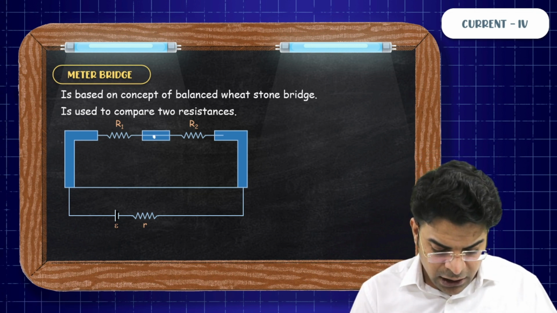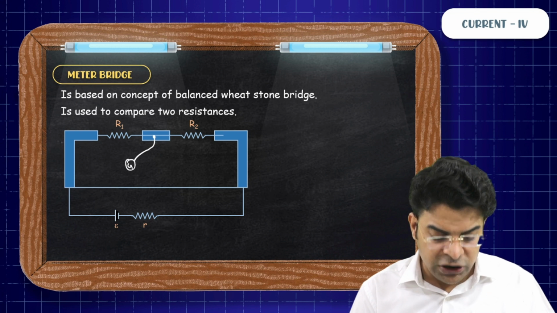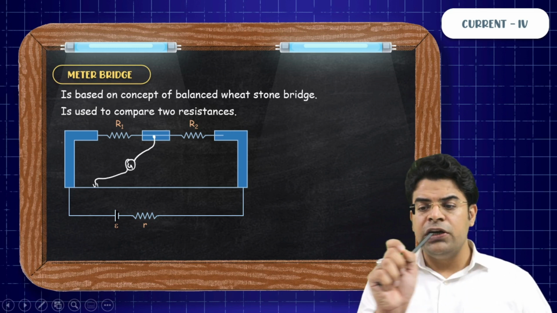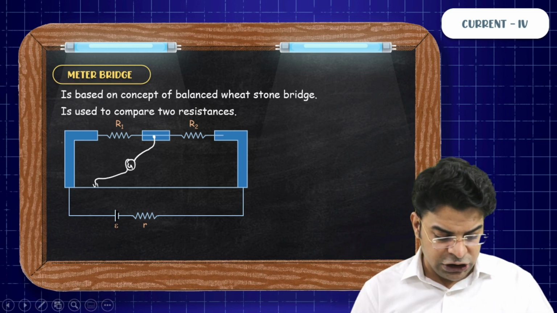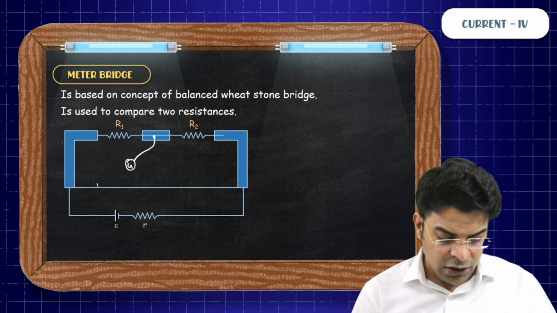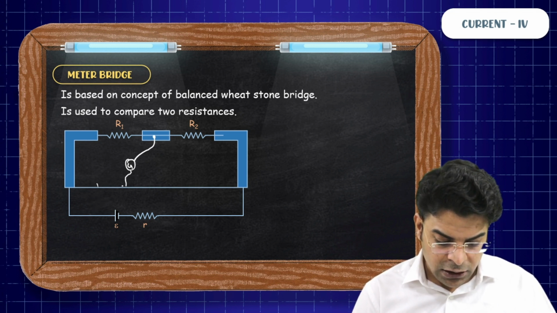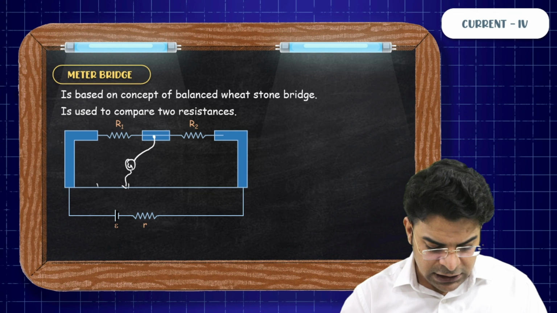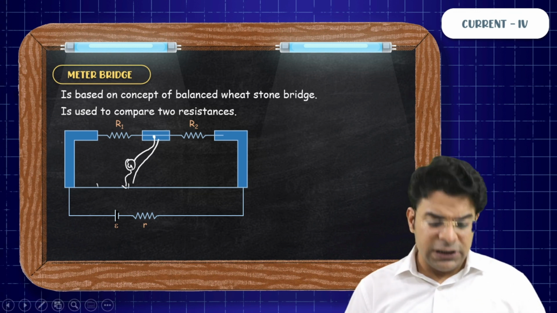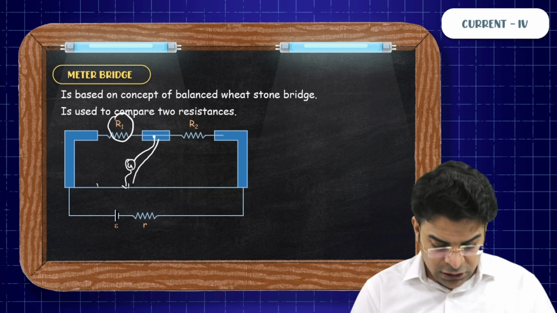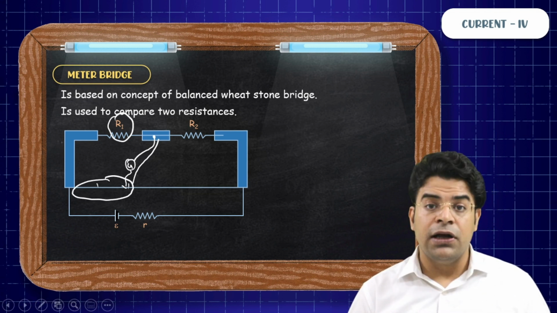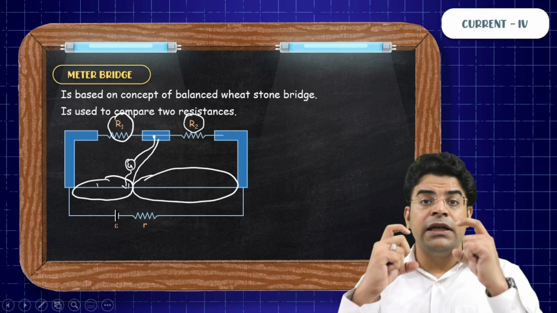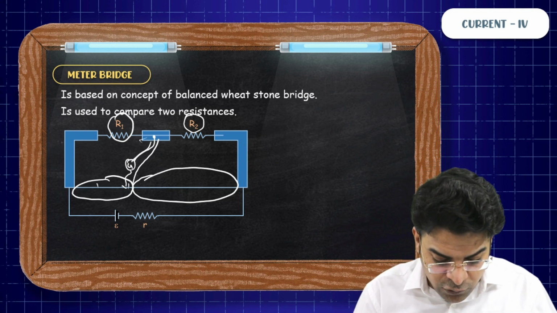Now how do we use a meter bridge? We connect a galvanometer through a wire from this middle point, and we move the jockey over this 1 meter length of wire. For a certain position of jockey, we observe that no current flows through the galvanometer. If no current flows through the galvanometer, it means that no current flows through this line. This means that the resistance R1, this much length of wire, the resistance R2, and this much length of wire, these four form a balanced Wheatstone bridge. That's why no current flows through R5.